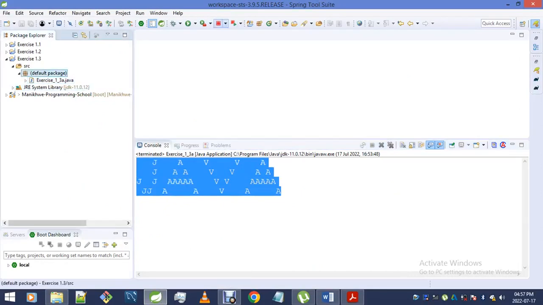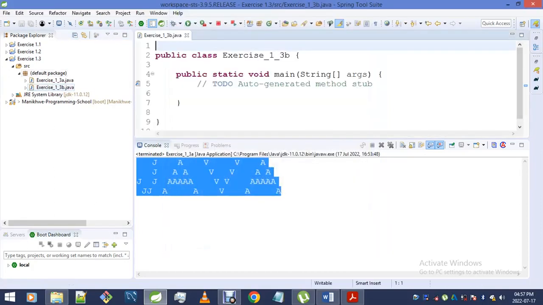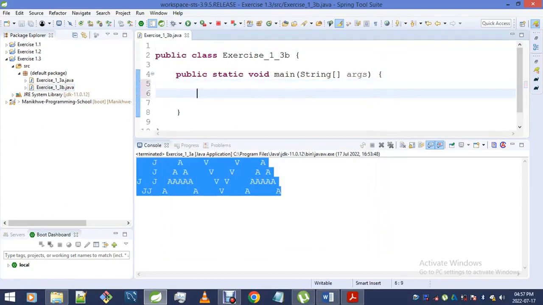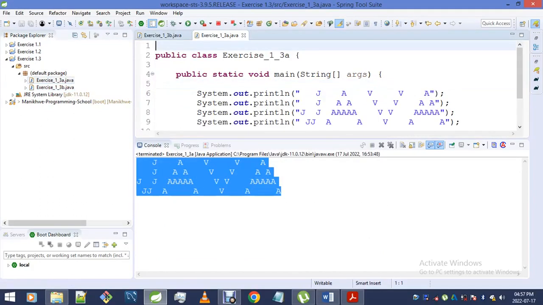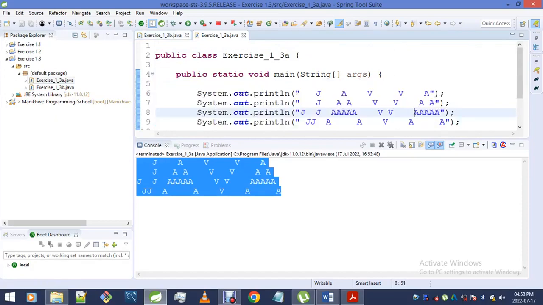Oh, you know what? Let me create the second exercise, underscore 1 underscore 3, and then I go B. Okay, you know what, you guys? Because I've already got this solution here,